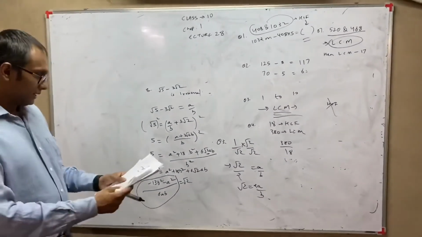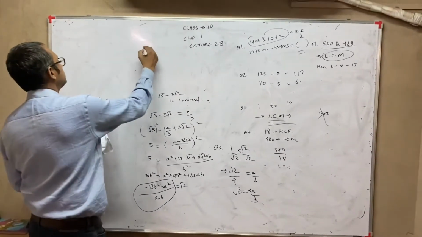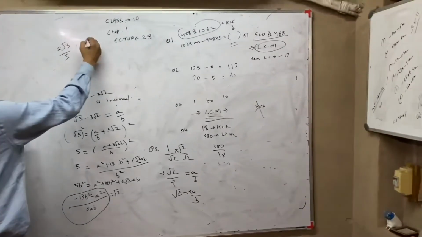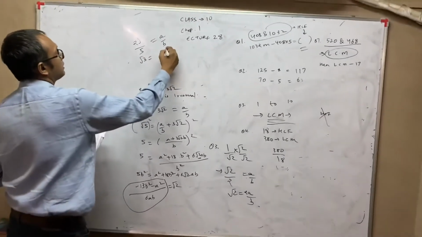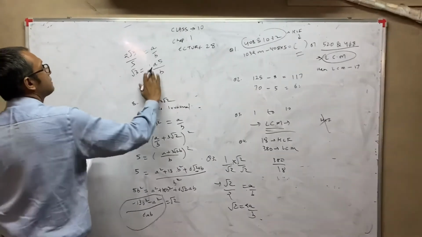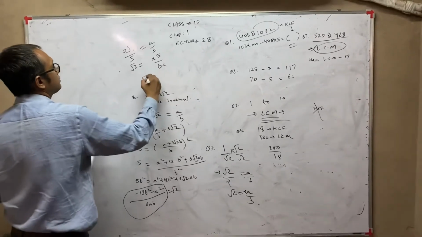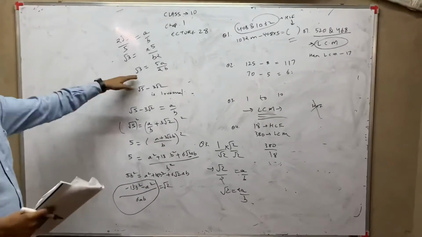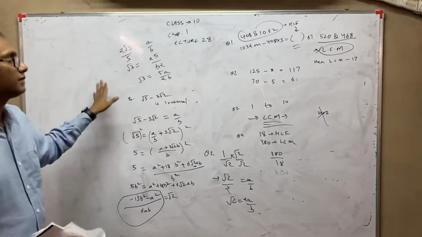And the last sum is question number 9. Prove 2 root 3 by 5 is an irrational number. So let it be equal to a by b, and the next step is of course 5a upon b. Then of course the same statements will come. 5a, and 2 is below, so 2 root 3 is equal to 5a upon 2b, and then the same statements will come. Since this is an integer ratio, so this is rational, so root 3 is rational, and so on and so forth.